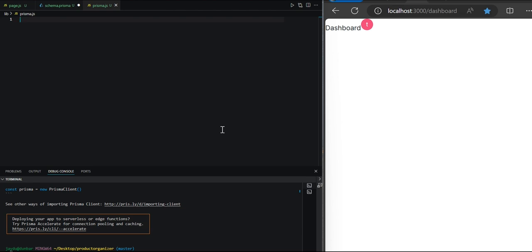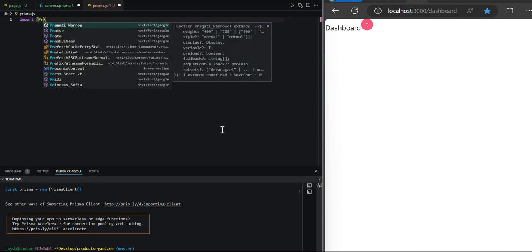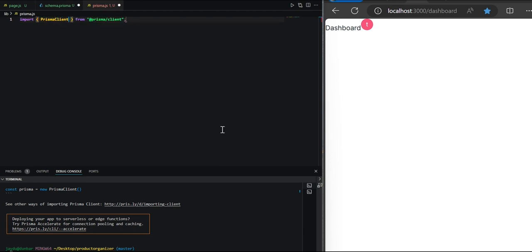And within it, we want to create a function. Well, the first thing we want to do is gain access to the Prisma client. So we'll import PrismaClient, and then we'll create a prismaClientSingleton, and we'll say equals